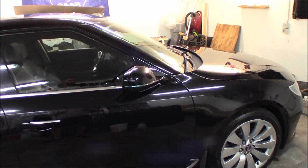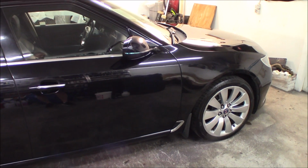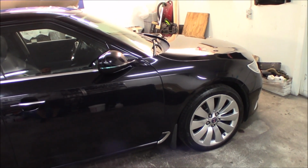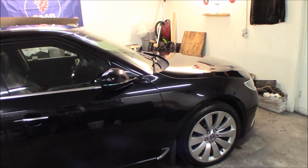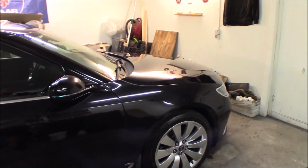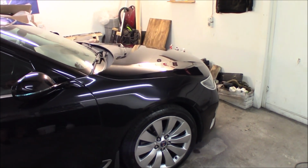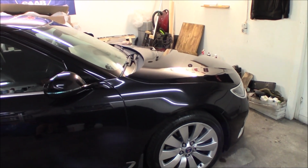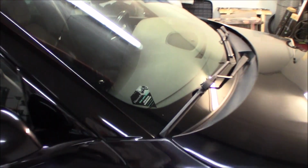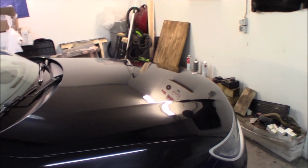But there's an elderly man who has had the car before. He has been treating it really well, so the maintenance has been done, oil changes and everything. But it looks to me like the car has been washed with Scotch-Brite or something, because on some surfaces you can really see where bugs have hit. It has been really scratched up, so the camera doesn't do it justice. And he has papers and certificates on some polishing, like this right here. I think it's pretty funny: diamond bright, never polish again. That's quite a statement, because if you look at this car right here,